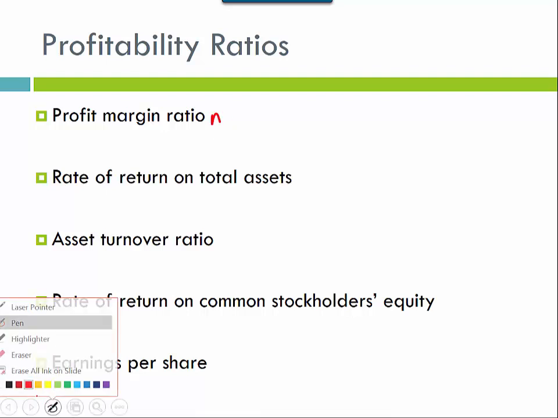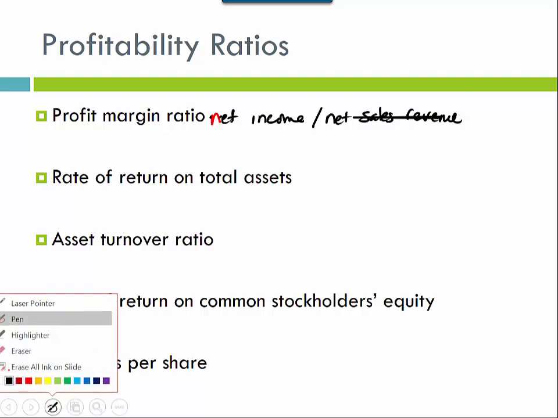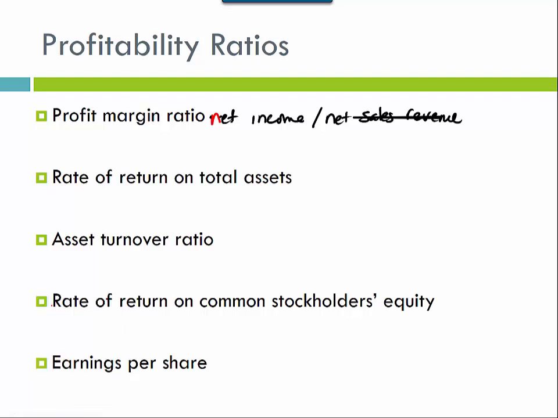Hold on, I don't want red. So this is your net income divided by your net sales revenue. If we did a vertical analysis in here, we would have seen this because it's a percent of net sales revenue. So what this tells us, and this is a very common ratio, is the percent of